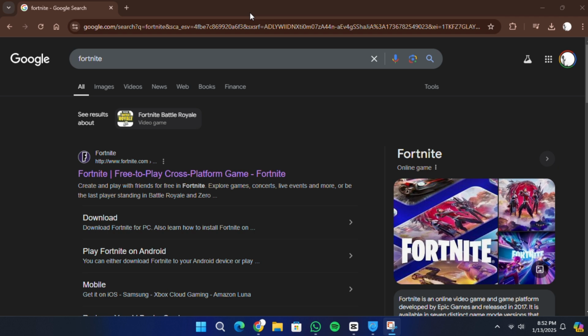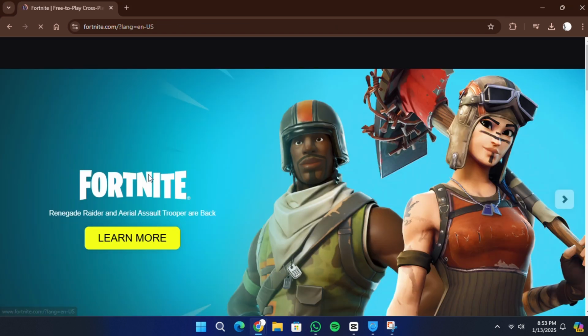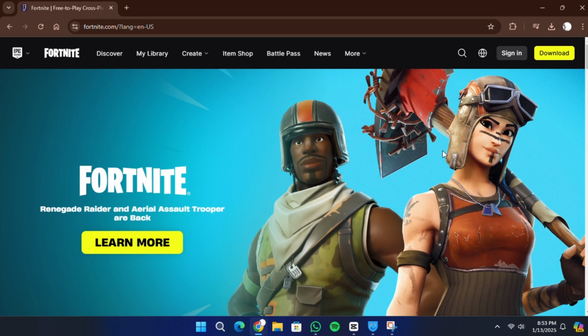First, open your internet browser and go to Google. In the search bar, type Fortnite and press enter. Look for the official Fortnite website, which is fortnite.com, and click on the link to open it. Once you're on the Fortnite website, go to the top right corner of the screen and click on the download